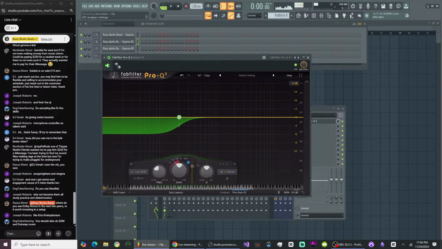Now the other thing about drill that I didn't mention is the snare placement. So snares could be on the 3 and the 7, which is trap music, like 1, 2, 3, 4, 5, 6, 7, 8. Or it could be on the 3 and the 8. Or it could be on the 3 and the 6. So that's the cool part about drill, there's no one space you have to put the snare on.